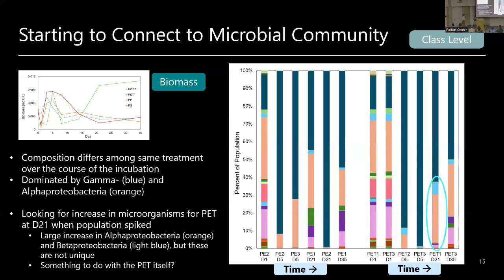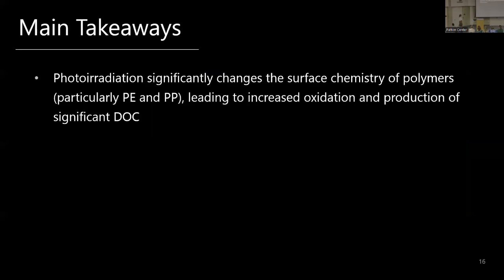And I don't know if it has something to do with PET itself. Maybe it's just more conducive for bacterial growth because of its structure, more biolabile. Don't know that yet, but the main takeaways are that photoradiation significantly changes the surface chemistry of polymers,